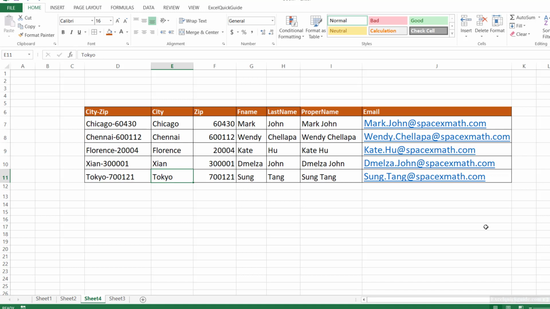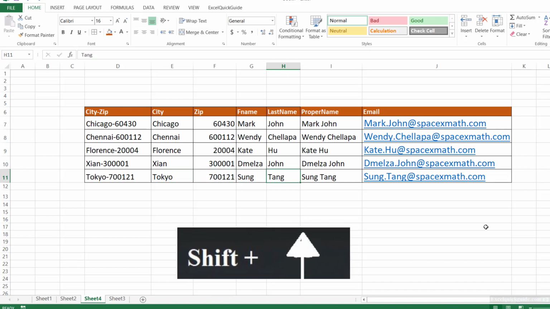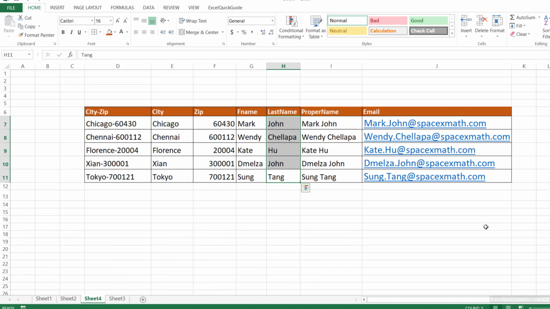In other words, the highlighting gets toggled. So there are no more highlighting. Now, if you want to select, say, column number H, the entire column, you can simply press and hold shift and select the entire column. And when you release it and you press any other key, specifically the arrow key, say the right arrow key, it goes exactly to the adjoining cell, that is to H11. So in this case it's going to be I11. So shift, left arrow, right arrow, and up arrow and down arrow comes in handy,